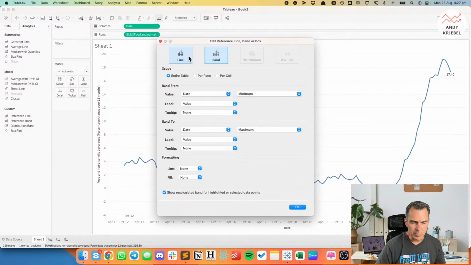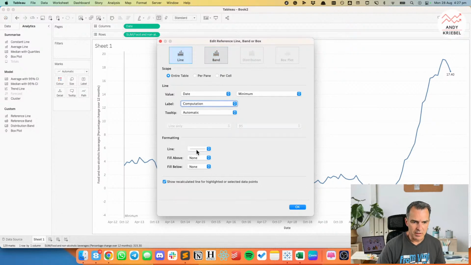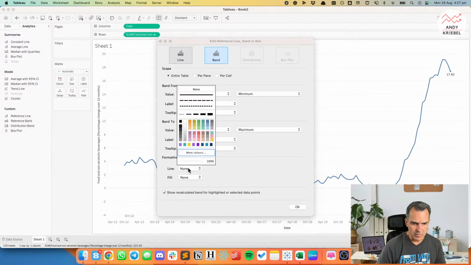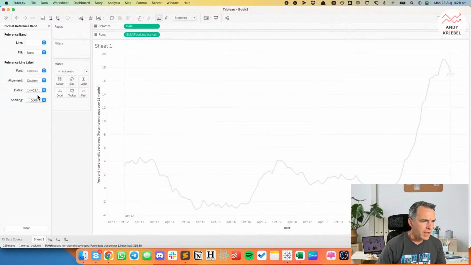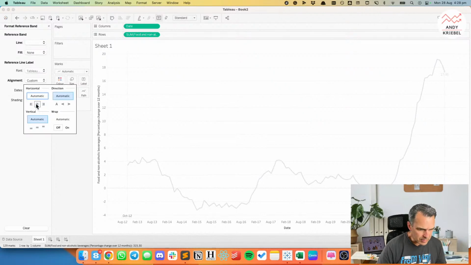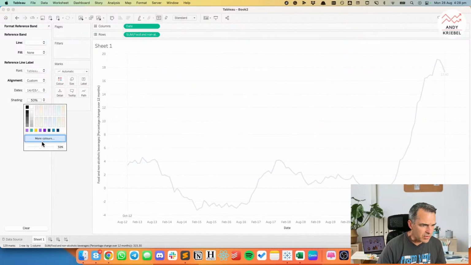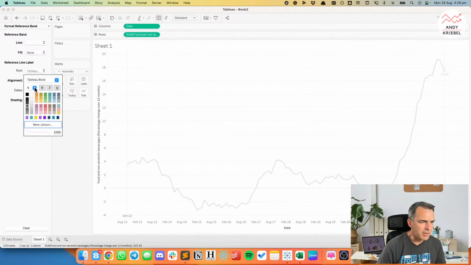Okay, now actually maybe I will put a line on here. Let's see, line. Oops, shoot. Value, let's just do a dotted line, maybe something light colored. Okay, so now let me click on this again and let's format and align the dates to the middle. Set the shading to 100%. And let's make the font maybe something bigger. No, let's leave it alone.